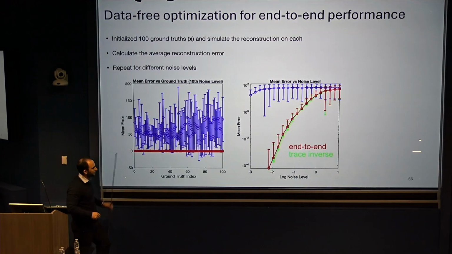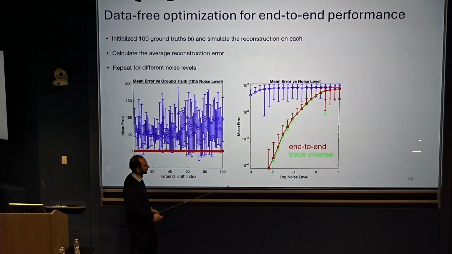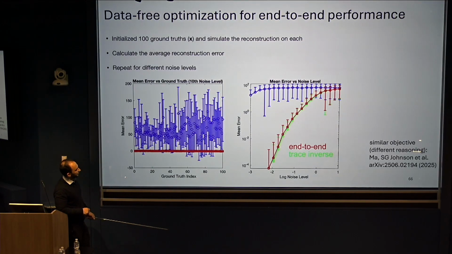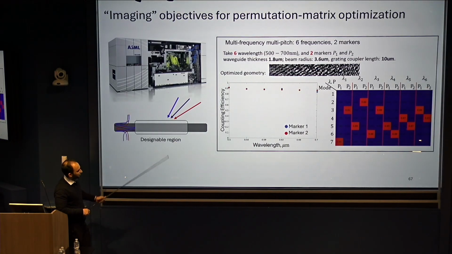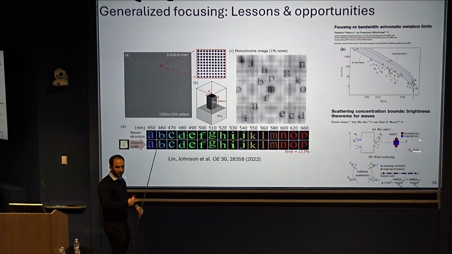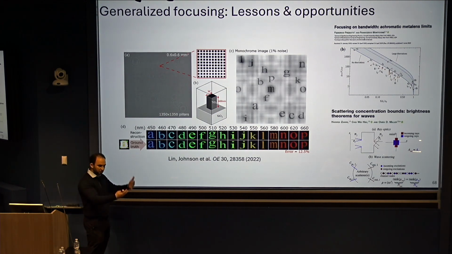This also acts as a way to do the optimization itself without including the back-end algorithms inside of it. It performs essentially equally well. This has also been very useful for other projects we have with doing multifunctional grating couplers and things like that. And so finally, I'll mention, I think one reason this is useful, and this is a good place to close, is that by understanding what the limitations are in the photonic systems, you can start to understand fundamental limits to how good these systems can be.